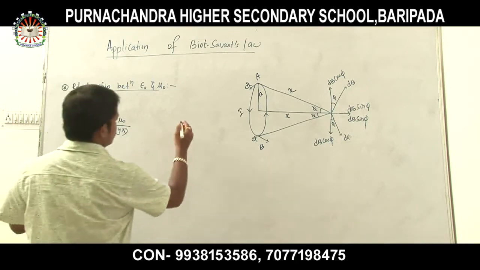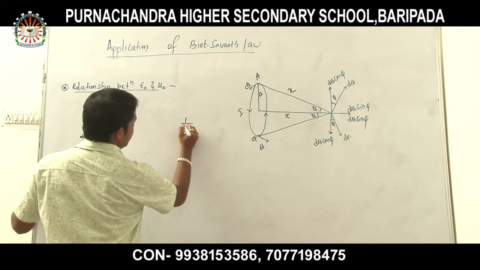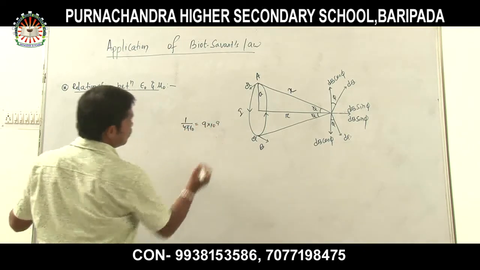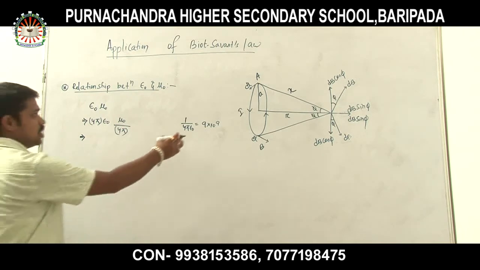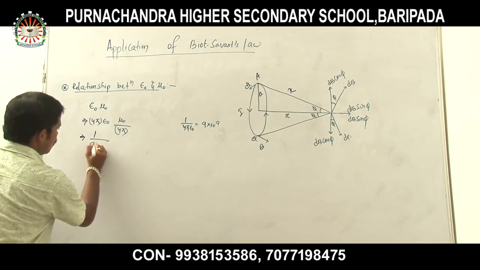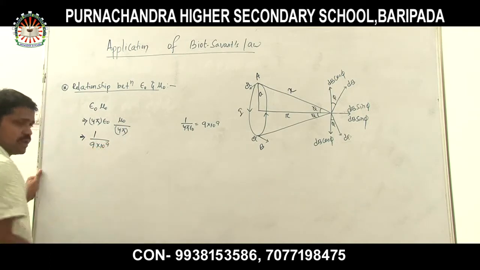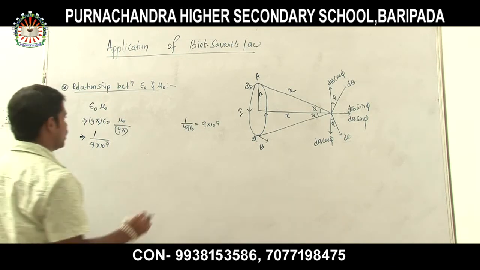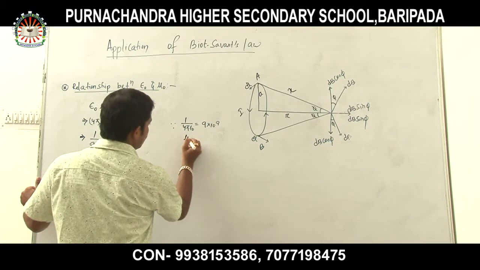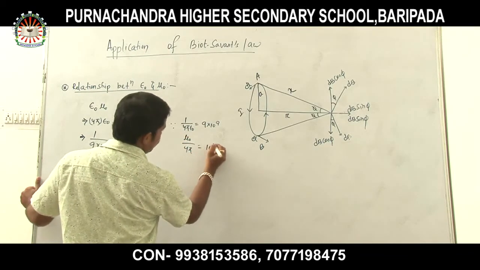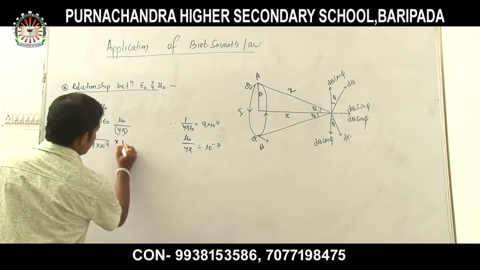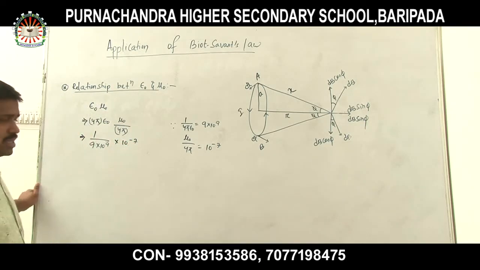We know this from electrostatics. Now 1 divided by 4 pi epsilon 0 value is 9 into 10 to the power 9. Very simple. Okay, this we know. So 4 pi epsilon 0 is 1 divided by 9 into 10 to the power 9. Clear to all of you? Then mu 0 by 4 pi value we have already discussed. Mu 0 divided by 4 pi is equal to 10 to the power minus 7. In the previous class we have discussed this. So this is your 10 to the power minus 7.